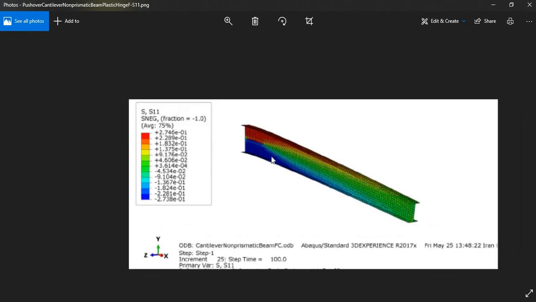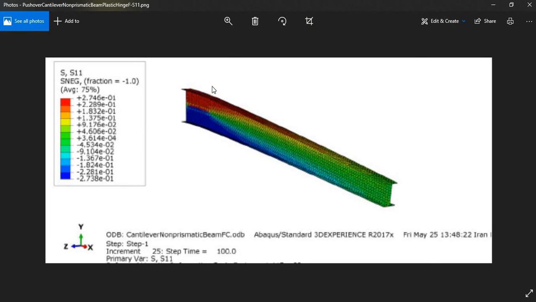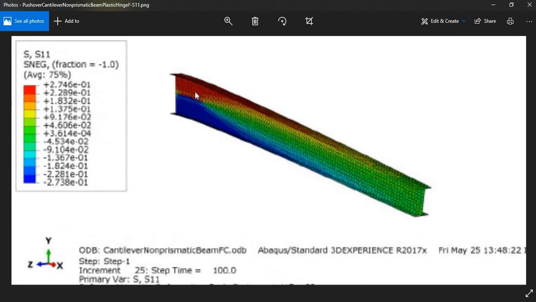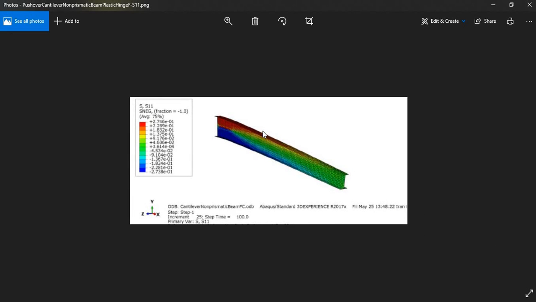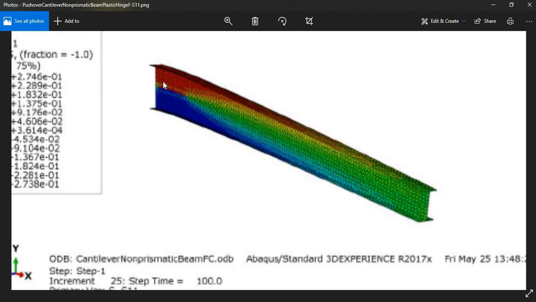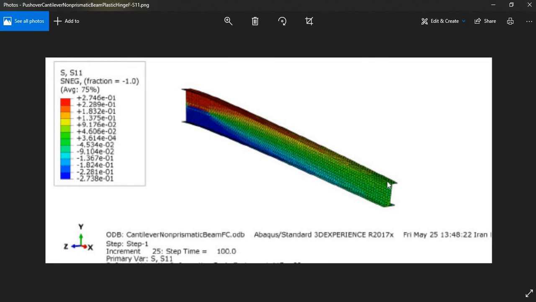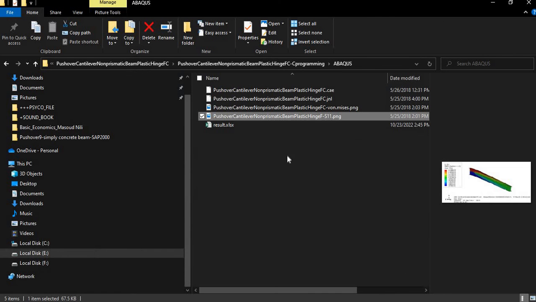Modeling in ABAQUS. You see, I use shell elements with triangular meshing. You see that here we have the most stress, and here we have less stress. So you see that I modeled this cantilever beam